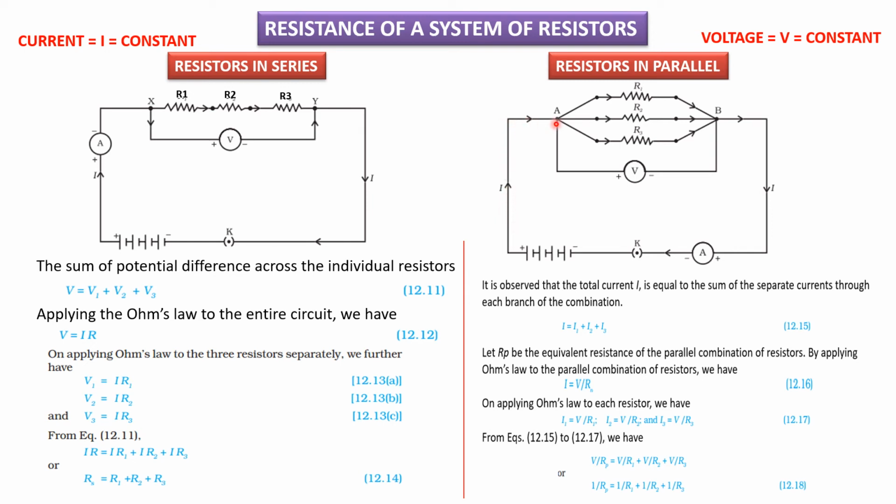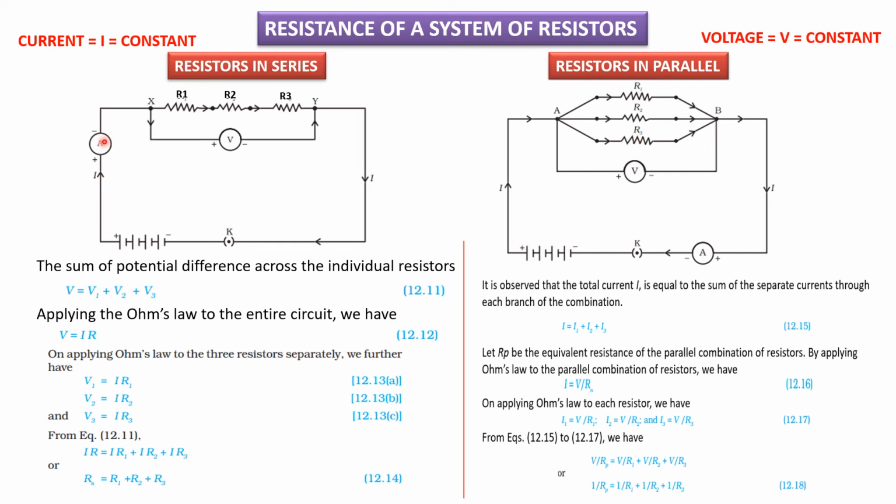And here you can see the current is flowing here. Is the same current going here? No, the current gets split here. It goes to R1, R2, R3. That means the water is getting divided to three houses: house number 1, house number 2, house number 3. Like that, the current comes here and gets divided to three houses. That means current is not constant here. The current changes. It becomes I1, I2, I3.